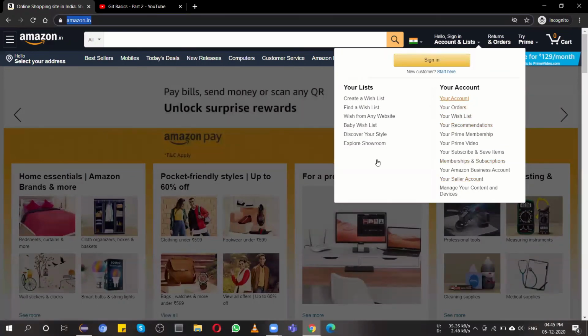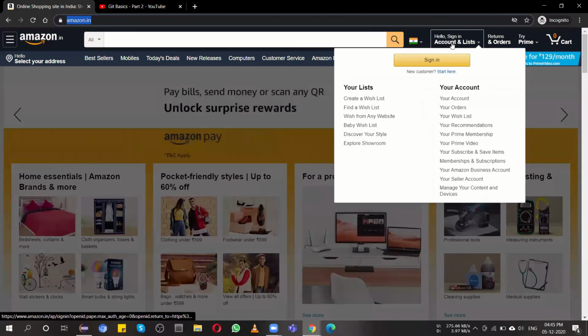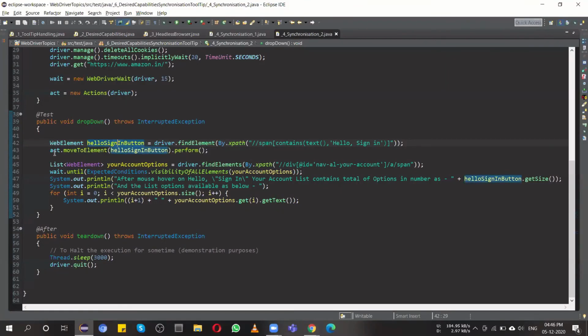This is the first web element, the Hello Sign in button. Then we have to do a mouse over, so for that, act.moveToElement(webElement).perform(). As this is a single method, we can skip .build() also.